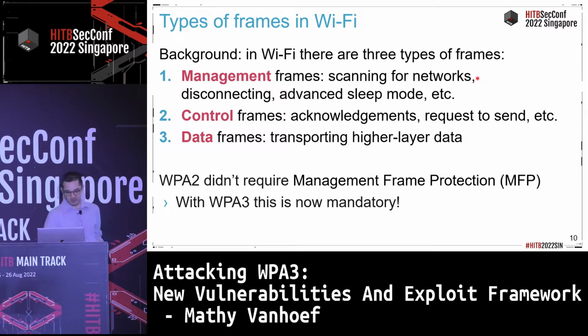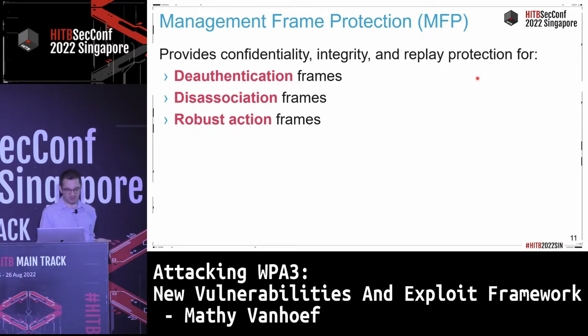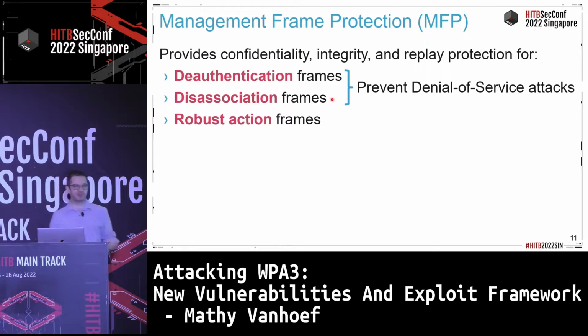And what does that mean, that the management frames have to be protected? Well, that means that deauthentication and disassociation frames have to be protected. And the idea is that that prevents these trivial denial of service attacks where you can disconnect a client. And there's also some other types of action frames, which are management frames that are protected, but these are less